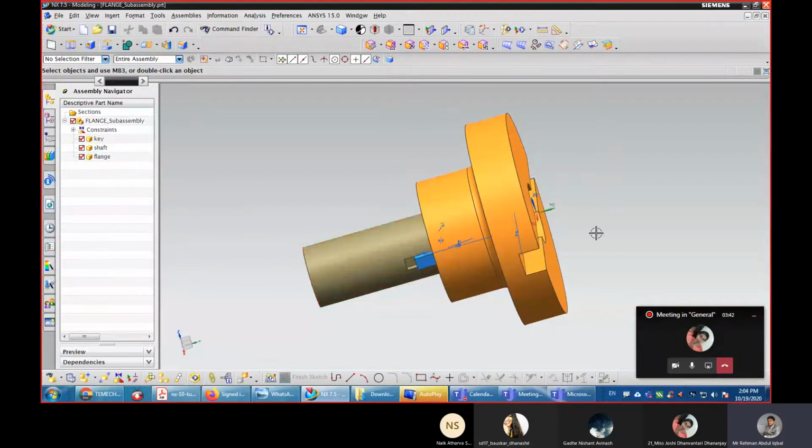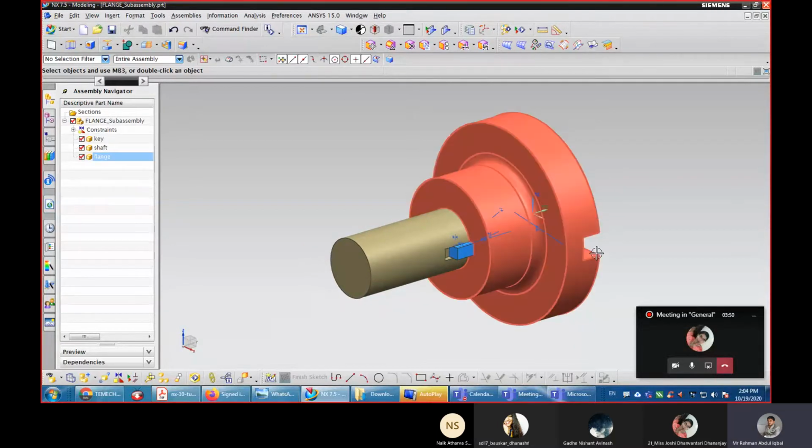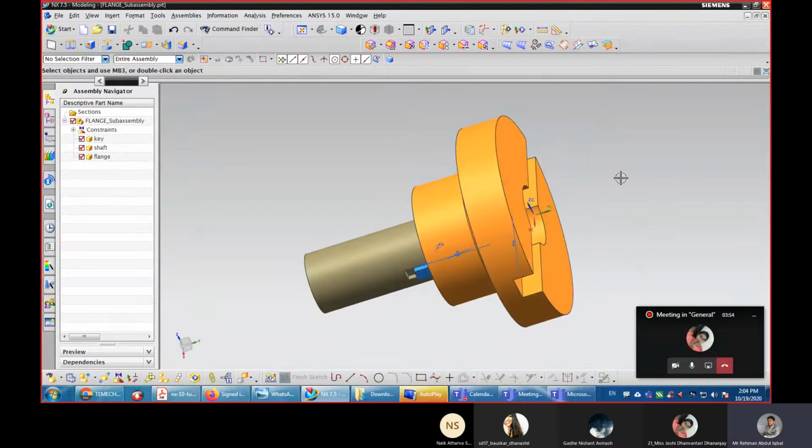In addition to that, we had also assembled the disc. I have removed this. What we will do next is save this as a sub assembly.